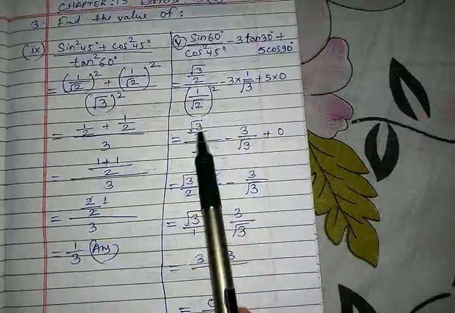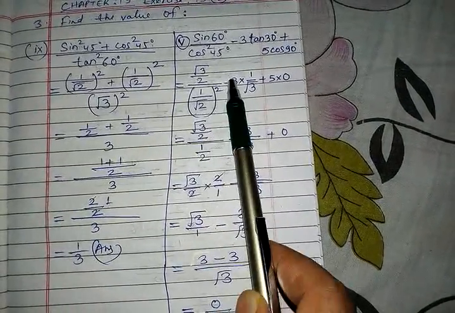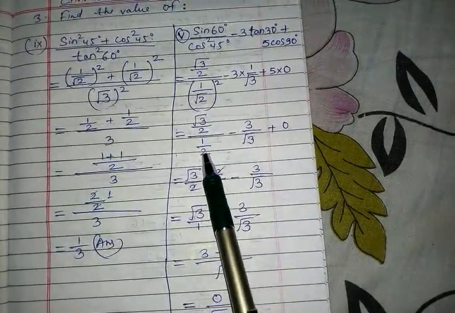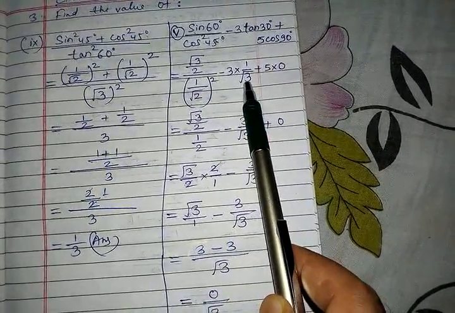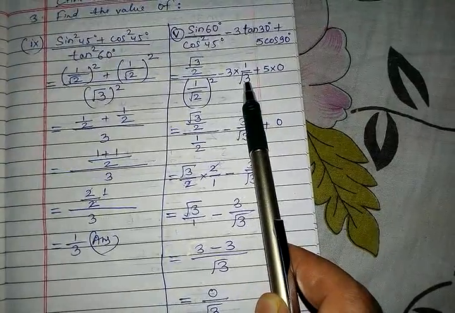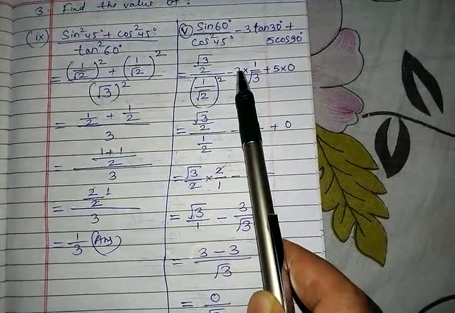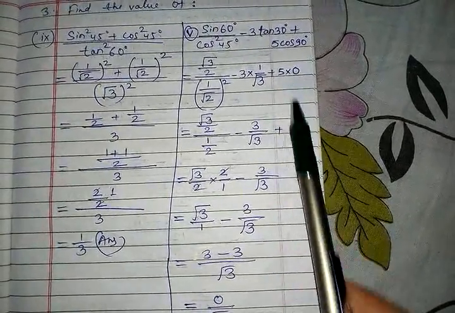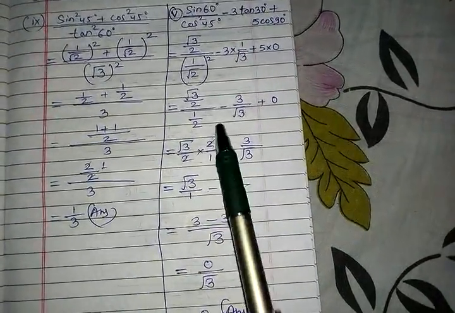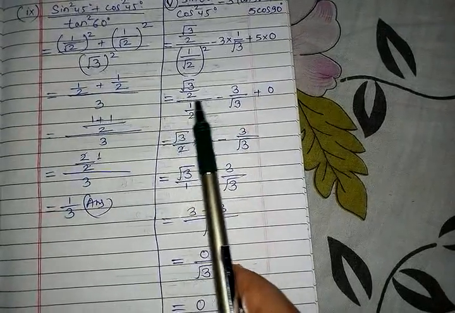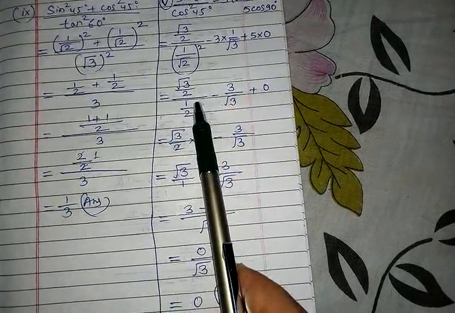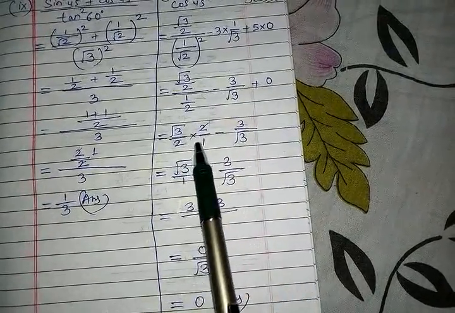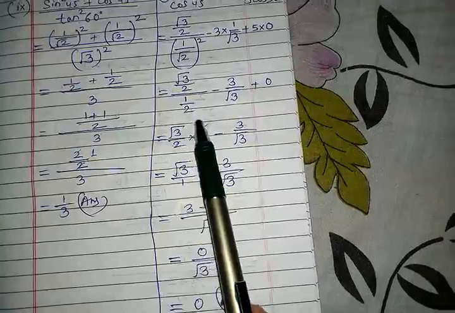Now root 3 by 2, same I wrote here. 1 by root 2 square becomes 1 by 2, because the root and square vanish, so 1 by 2. Minus 3 into 1 by root 3. This is root 3, this is 3, we cannot cancel, because one is under root, one is without root. So our answer will be 3 by root 3, and anything multiplied with 0 is 0, so plus 0. Now when we have a long division line in the middle and one more fraction in the denominator,